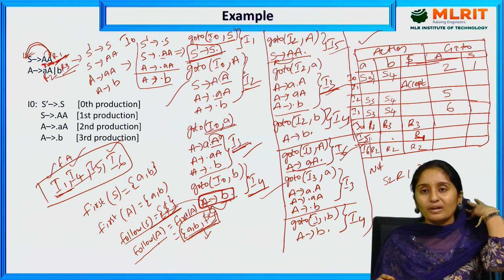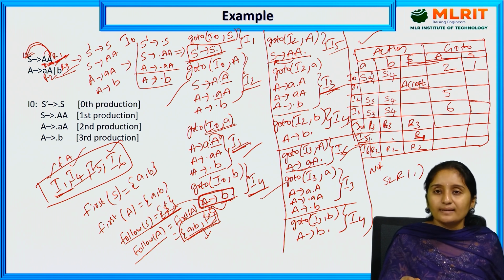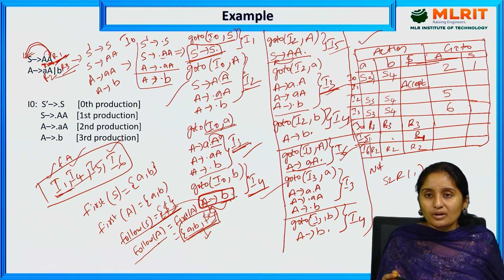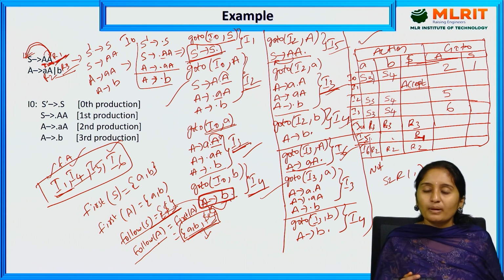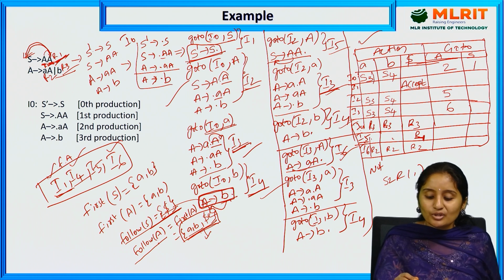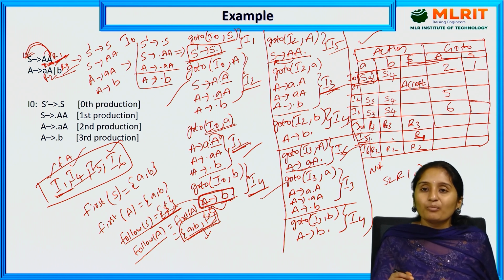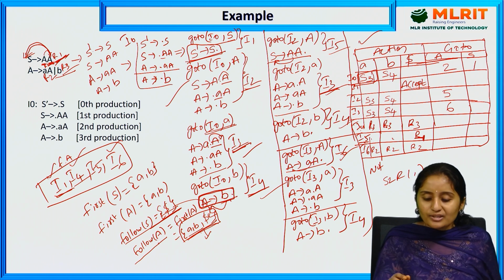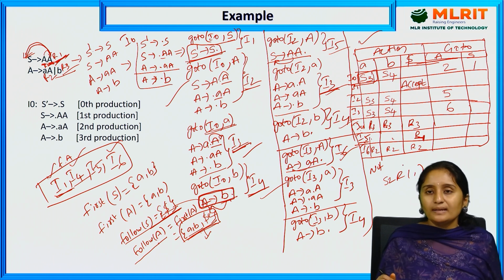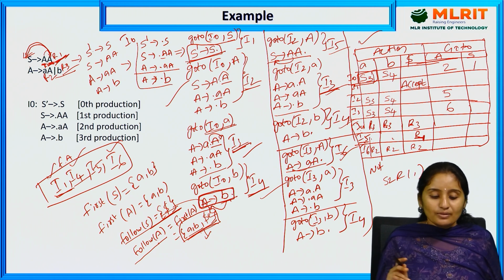When we plot it, we don't know which one to take, whether to take the S3 shift or to reduce. If I opt for shift, but according to the given parse tree I should reduce, then I am not going to get the grammar. That is the conflict we will get. In each column we should get only one action, either shift, reduce or accept. If we get more than one action in a column of the action table, then we say it is not a valid parsing table. We will be discussing